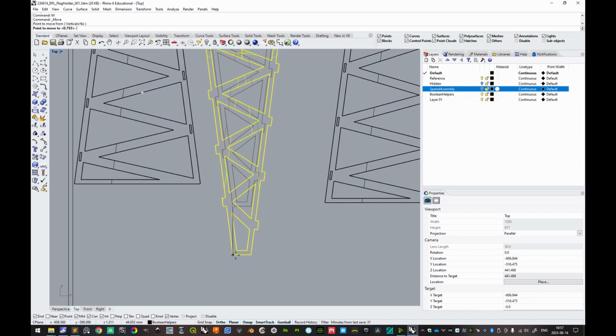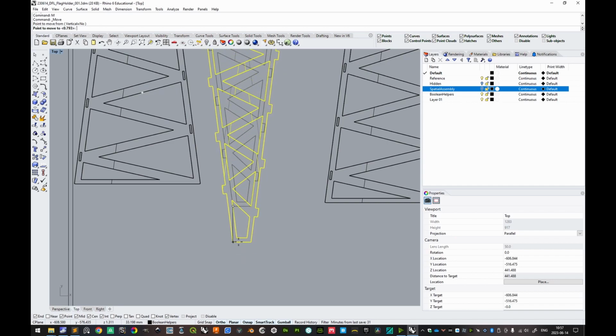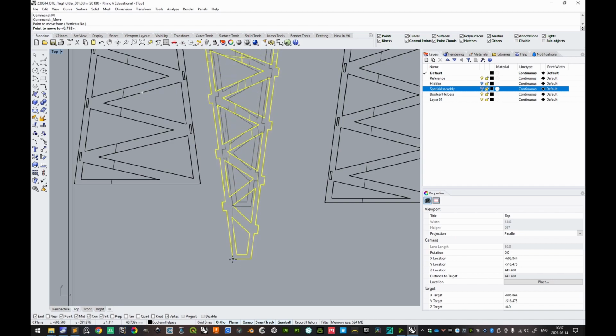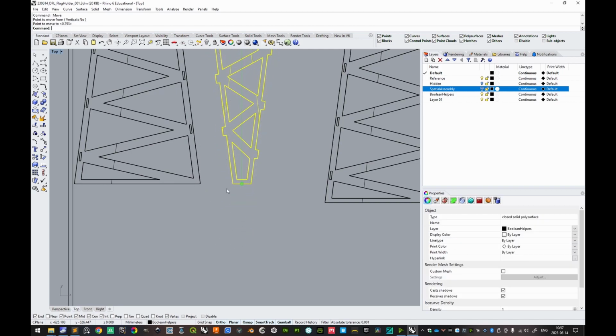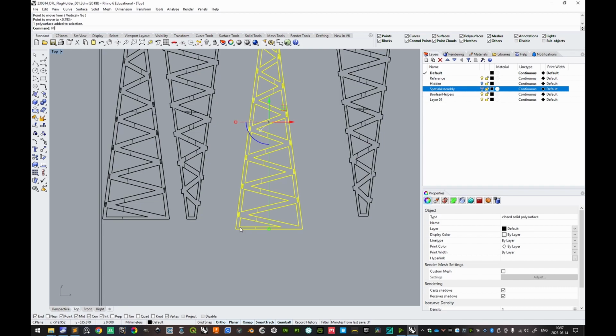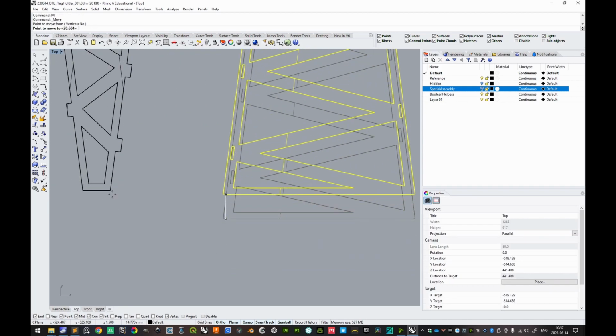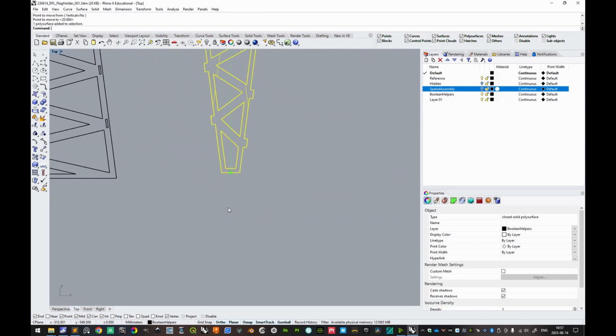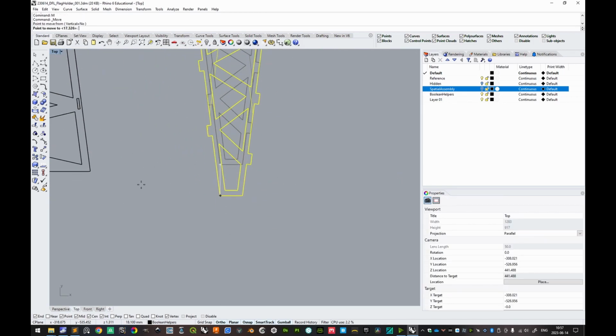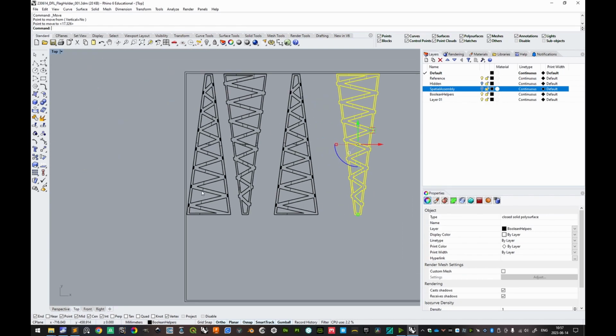Then as you maneuver along a straight edge, if you press tab on the keyboard, you can constrain the movement axis to that, and then you know that you position it exactly like that. Here we should select this point, do the same, tab to constrain the axis. Here as well, tab to constrain the axis. And now